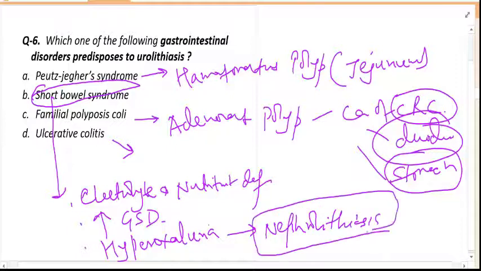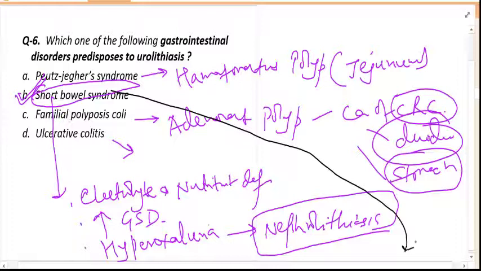So you can say out of all these, short bowel syndrome is our answer. Because of hyperoxaluria, this can lead to nephrolithiasis. Short bowel syndrome as such is an important topic because, if you go by definition, short bowel syndrome is